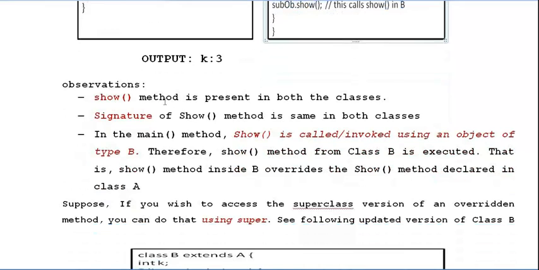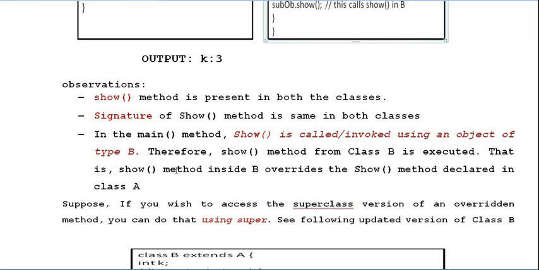In summary, the show method is present in both classes. The signature of the show method is the same in both classes. In the main method, show is invoked using an object of type class B, the derived class. Therefore, the show method from class B is executed.